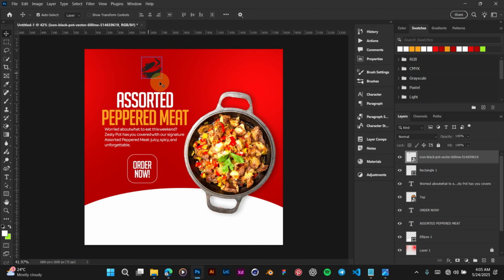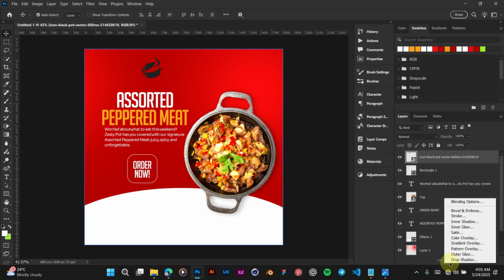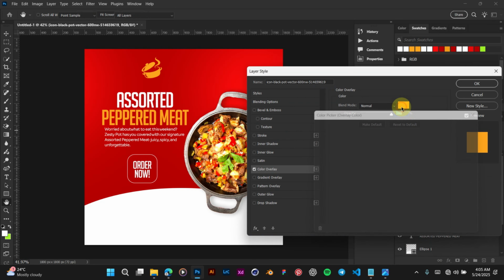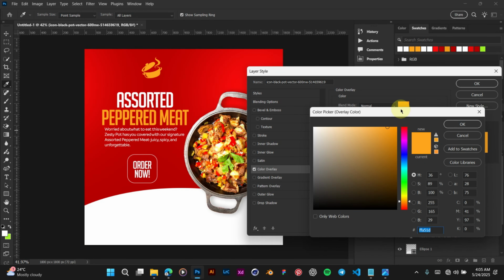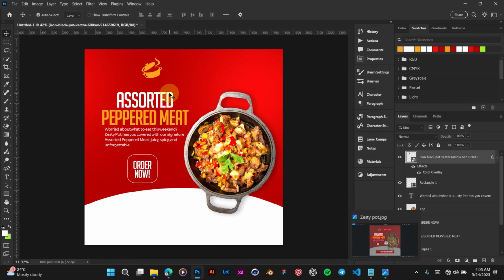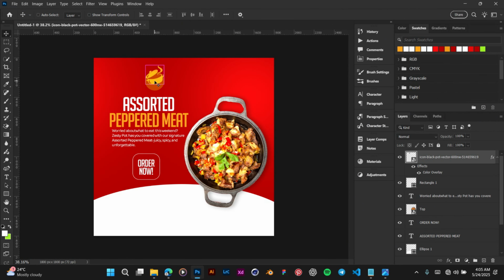We don't want it, we want it to be white. So we select the FX and go to color overlay. Okay, color overlay, then we select the color to be orange. So have it to be orange like this. Okay, so now that we have our color to be orange,